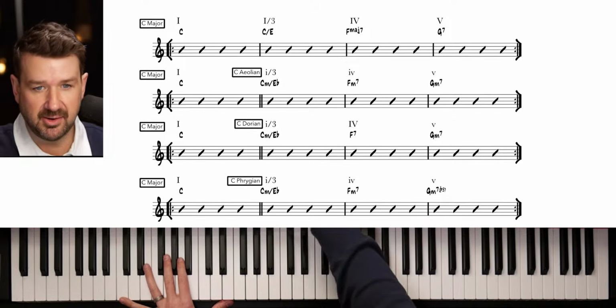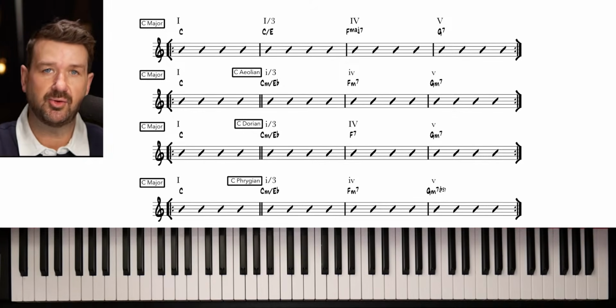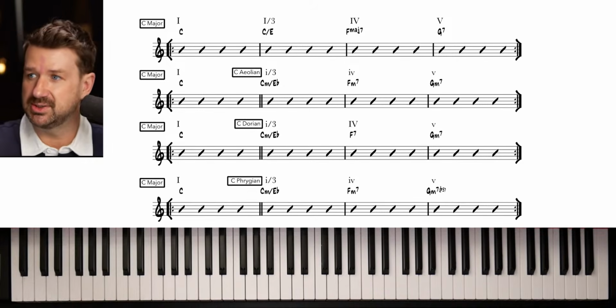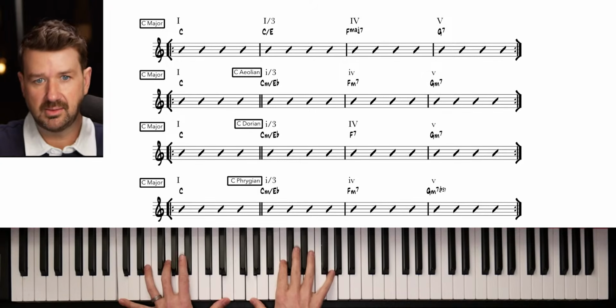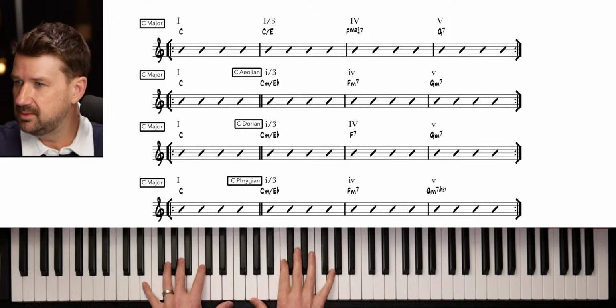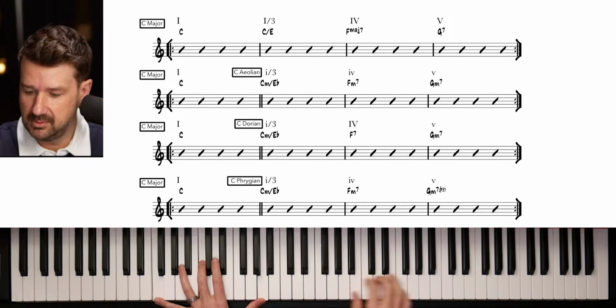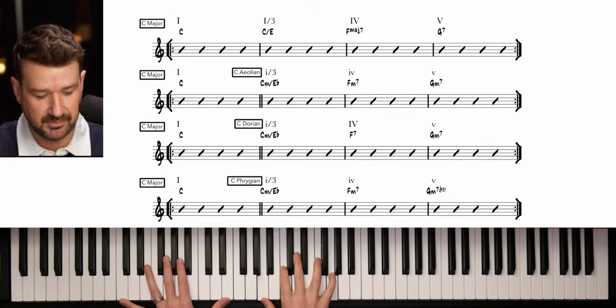So let's play here. Let's just start with our very basic, our top line, and then we're going to get into our second line from the top, and you're going to hear the difference with a similar chord progression. Let's try it. 1, 2, 3, and... Our 5 chord. Let's do that one more time, just the basic.